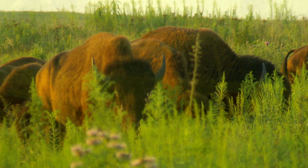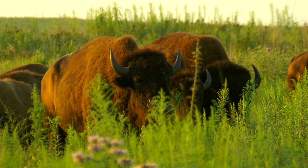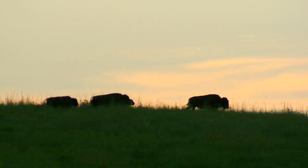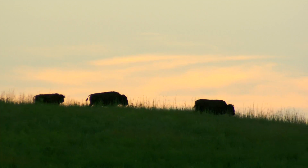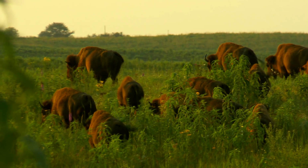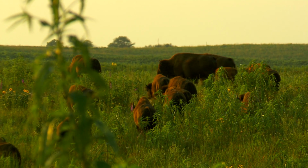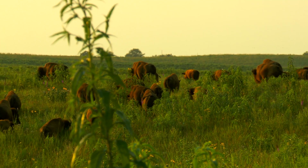We basically use the bison we have here to manage the prairie. We typically will burn patches of the prairie each year, and then the bison are attracted to those areas that we burn because of the young regrowth, the succulent regrowth, and that's where they focus their grazing for that year. And they'll keep it rather short. And those areas are where we find that suite of grassland birds that are associated with a shorter grass, such